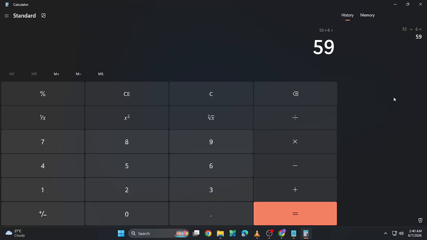Copying results is useful when preparing reports, updating spreadsheets, completing homework, sending emails, or entering values into other software. It saves time and helps reduce typing errors, and that's how to copy calculator results in Windows Calculator in 2026. Whether you're working with documents, spreadsheets, or other applications, copying results directly from Calculator helps you work